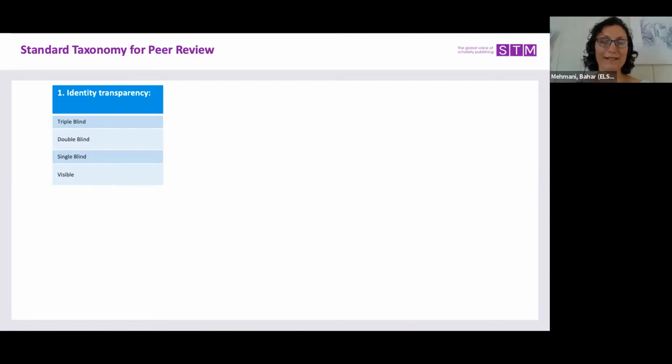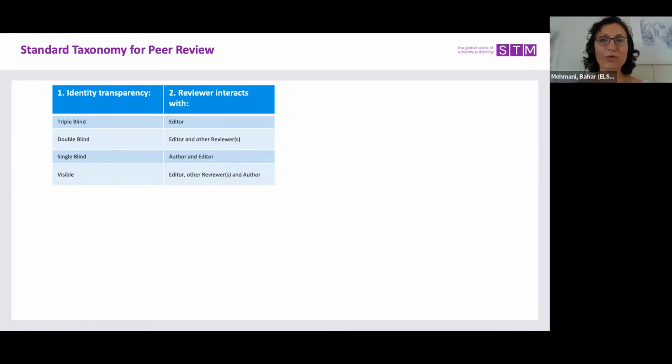Right. And then the second pillar was about who the reviewer interacts with. Joris, can you tell us more about this classification? What are other stakeholders in this peer review process that the reviewer needs to interact with? Yeah, we talked about new review models that emerged in the last years, and what we've seen, for example, is that the interaction between the editors, the authors, and the reviewer changes. There are forms, in other words, of more collaborative, more interactive peer review. And we describe those models by looking at who the reviewer interacts with. So the traditional model is quite straightforward.